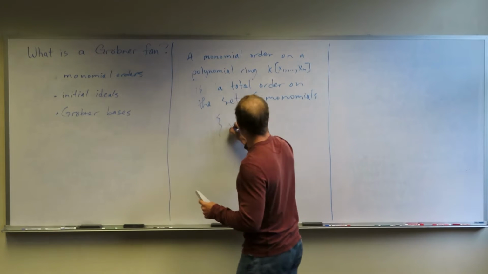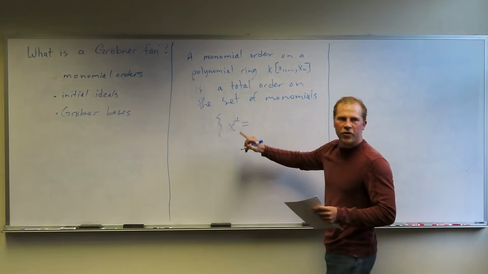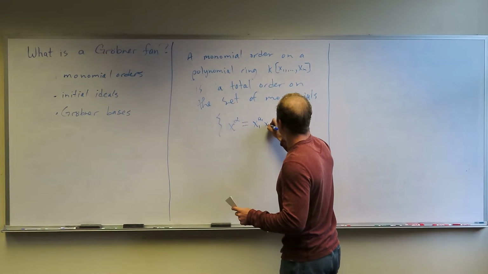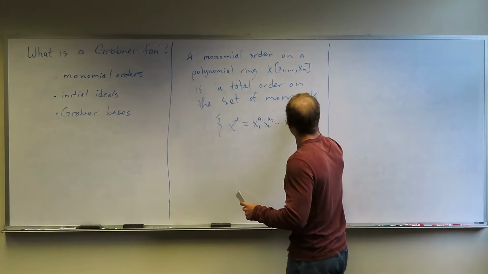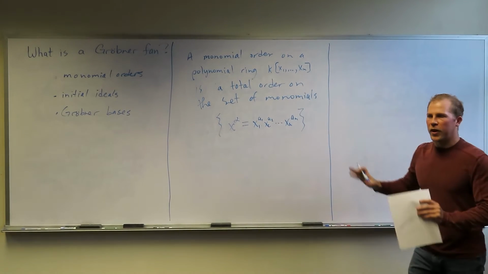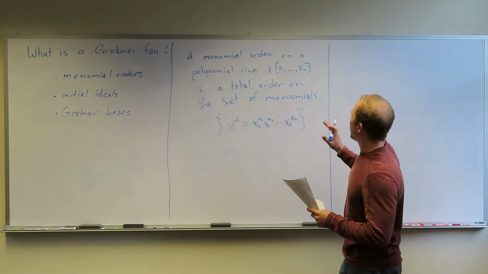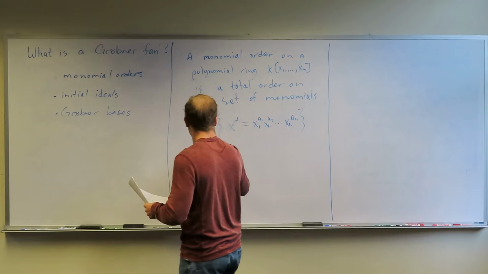Alright, so my set of monomials just looks like this, where I'm going to use this notation x to some Greek letter to really mean x1 to the a1, x2 to the a2, and so on. This notation will make things a little simpler in some cases. So it's a total order on this set of monomials, such that